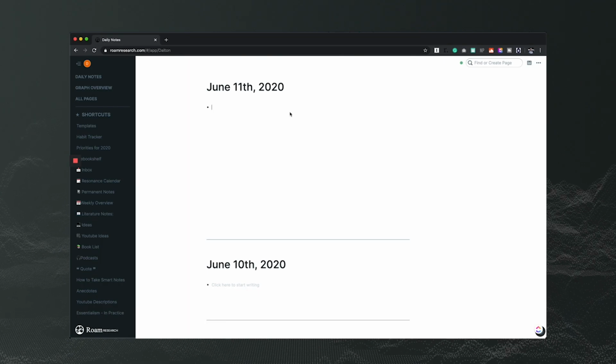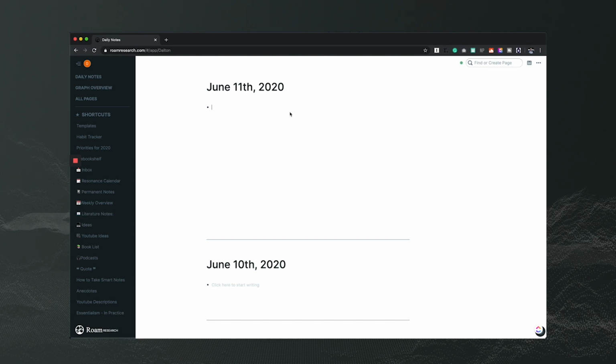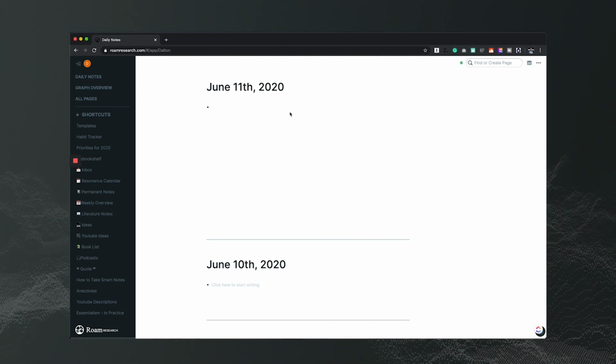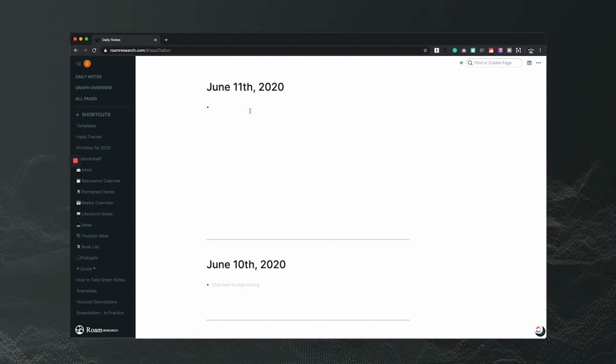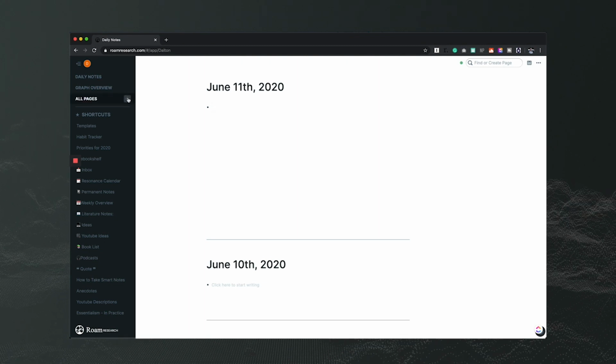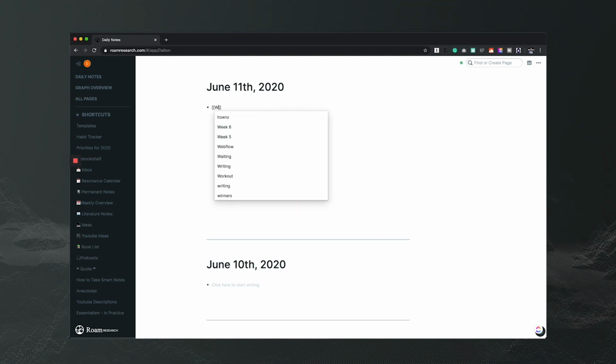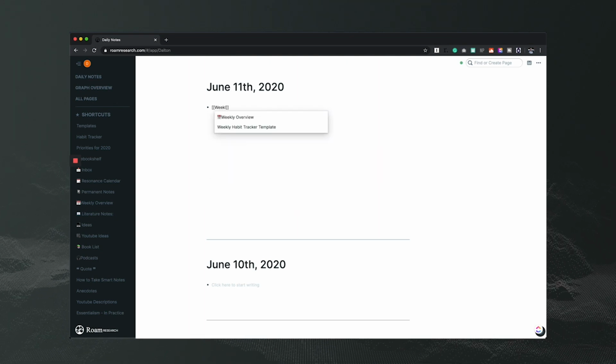The structure of Roam revolves around this daily notes page. This is the best place to create new pages, add to-do lists, or any other notes you want to be reminded of. One convenient way to use the daily notes page is by utilizing the date picker to create a weekly calendar. You can create a new page by selecting new page, or you can write on the current daily notes page. So I'm going to type two square brackets and type in weekly